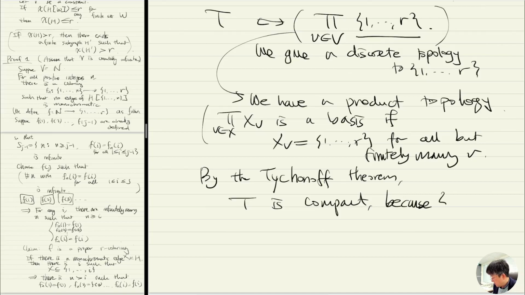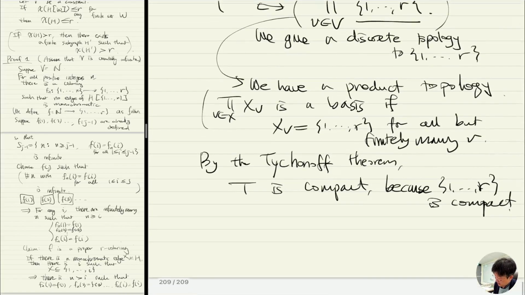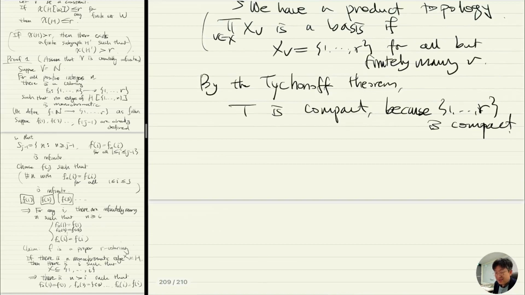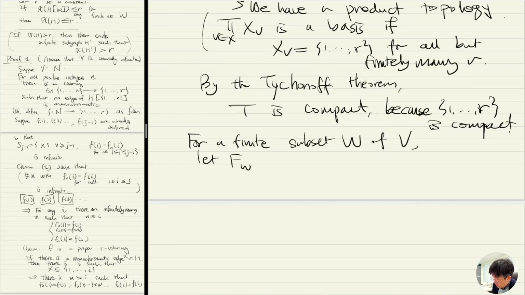Because [0,1] up to R is compact. Right? So the product of the compact set is compact. So for a finite subset W of V, let F_W be